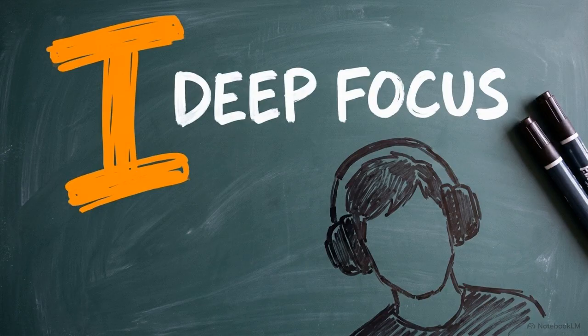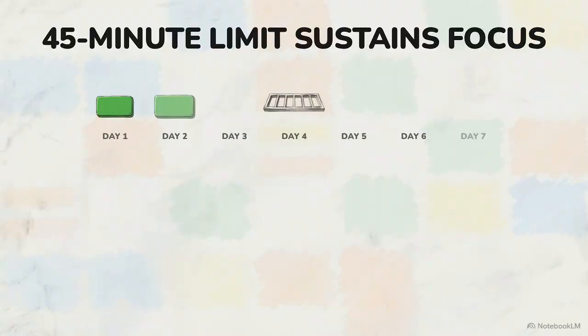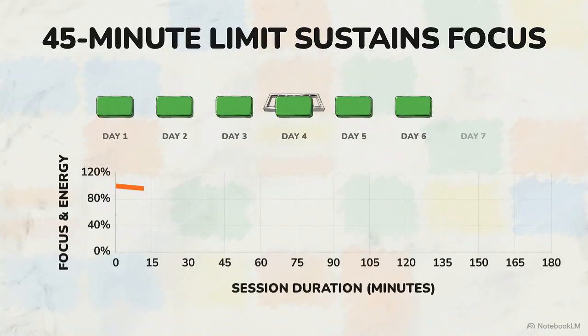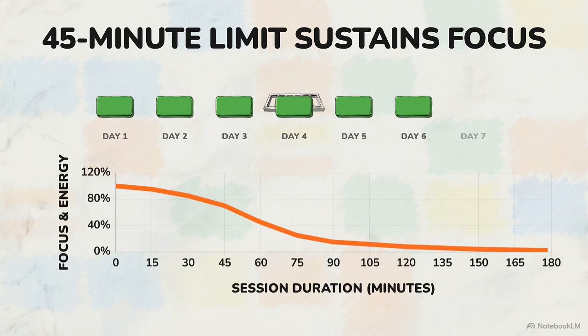This brings us to the I in the framework, immersion. Look at each week on your tracker. Block out days 1 through 6 for active practice. Most people overcommit their time during the first week. Attempting 3-hour practice sessions right away leads to a sharp decline in focus and a high likelihood of quitting.